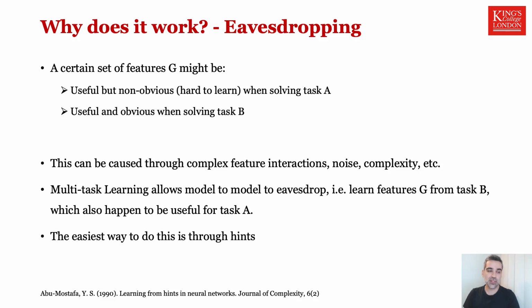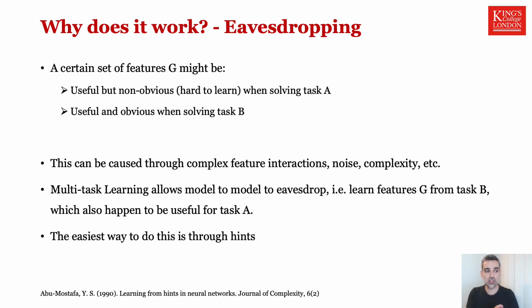What I'm trying to say with this is that sometimes there are certain features that can be very trivial when solving one task or another, and depending on the network that we use, those features might be easier to learn for one network or might be harder to learn for another one, and vice versa. That means if you're solving for multiple tasks at the same time, you have a higher chance of your network being able to know how to solve for one of the tasks, and by solving for one of the tasks, the other task can then use the same features, which are likely to be biologically informative, to be able to